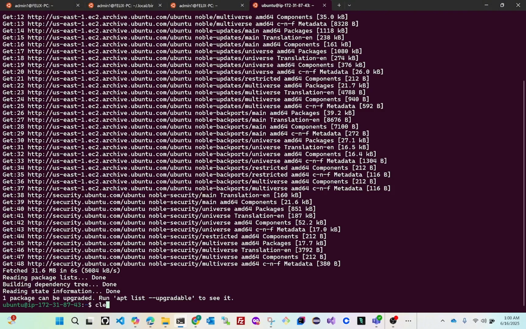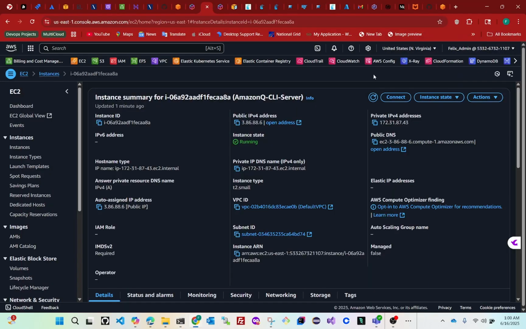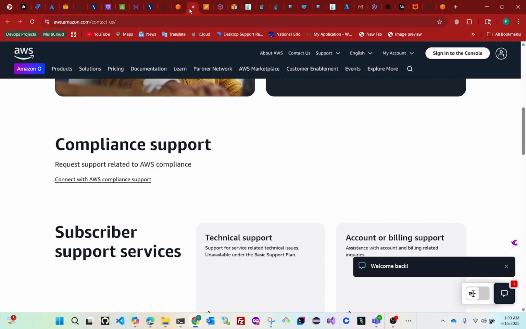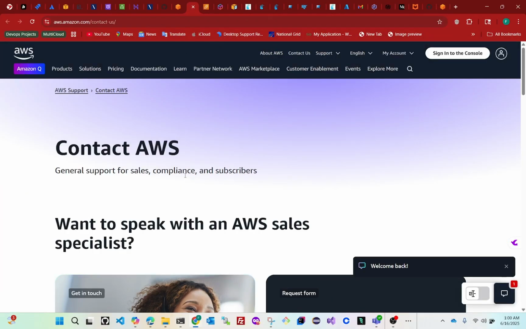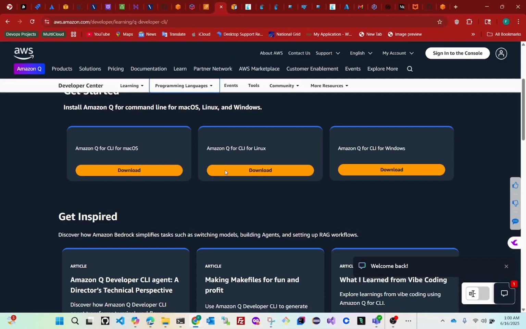So I'm going to clear the screen first, and I'm going to go onto my browser. You should see right here, this is the terminal, and that is the documentation right here. All you need to click is, I'm going to put this link in the comment section. Just look here and click on the one that says